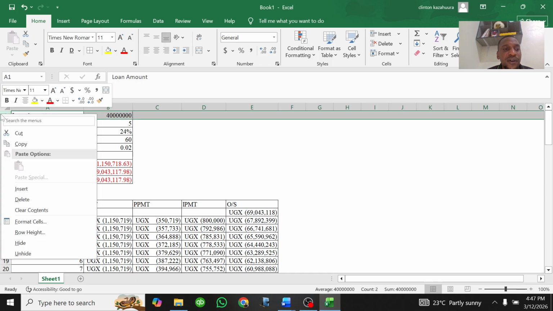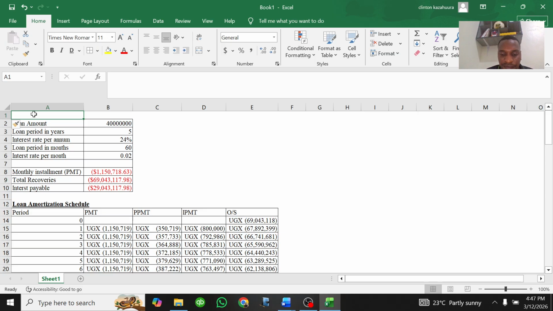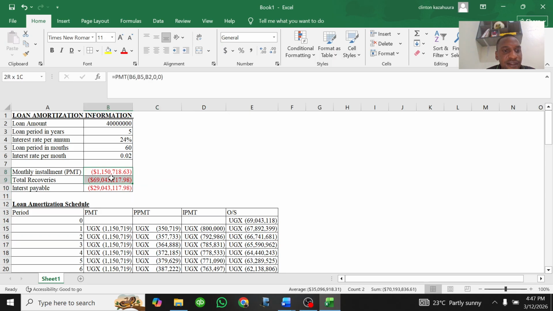Or you can also insert here and give it a heading. Say loan amortization for whatever the question. Information, I can say information for client X. I can bold this. I can also give it some heading. Then I can also add,